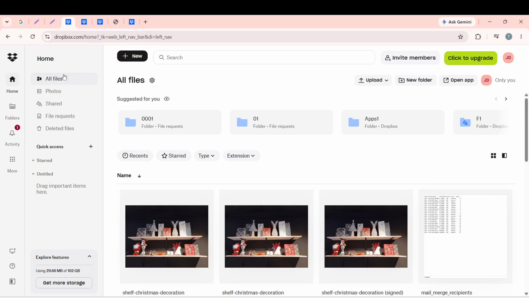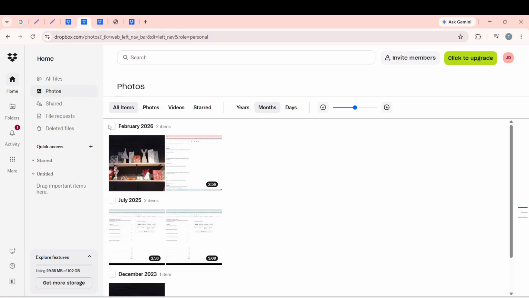After that, click on Photos in the left-hand sidebar menu. This section is where all your uploaded media files, including videos, are organized. Navigating to this section is crucial because it helps you locate the video for which you want to change the thumbnail. You will see your uploaded videos and images displayed in a grid or list format. Once you find the video, you can proceed to the next step.